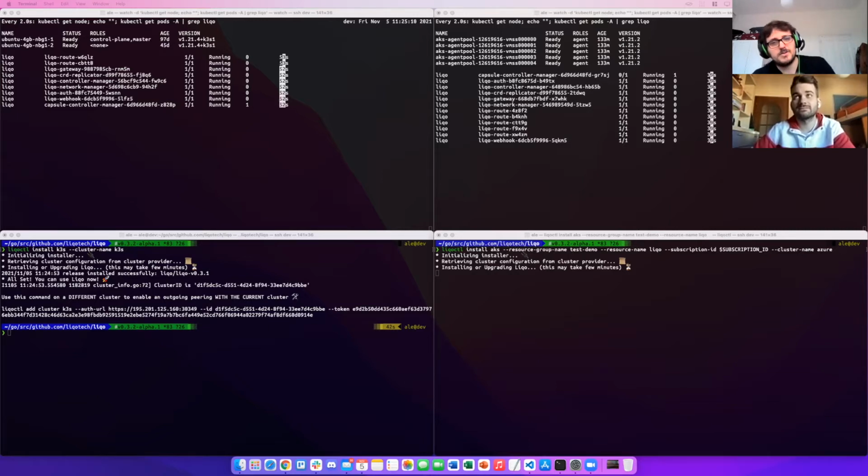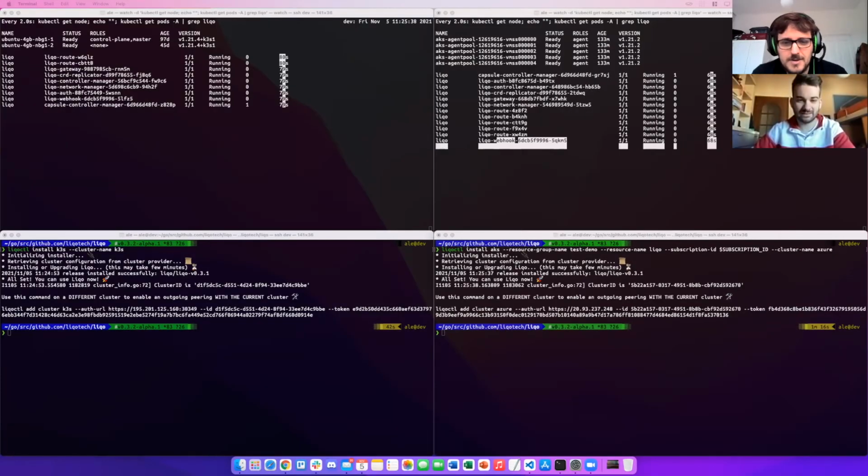It's important to know that licoctl does not only wait for pods to be available, but also for services. For example, if there are services that have to receive an external load balancer IP, it will wait for them. Okay, I think we are done. So we have Lico installed, and now we can go ahead with our demo.